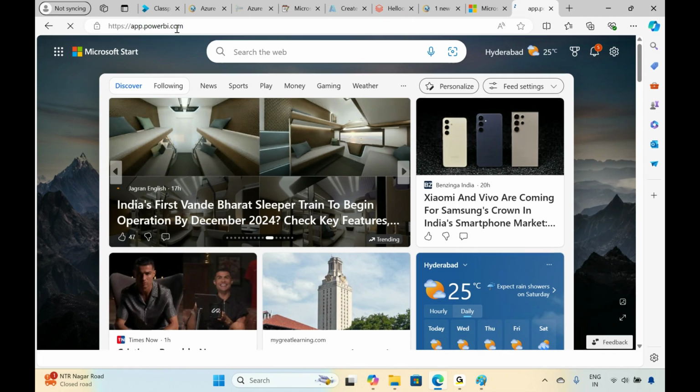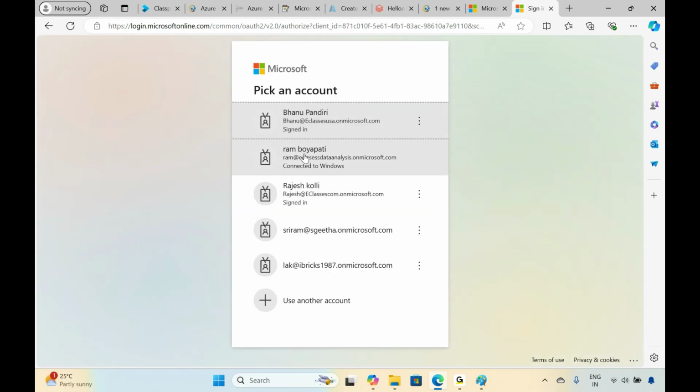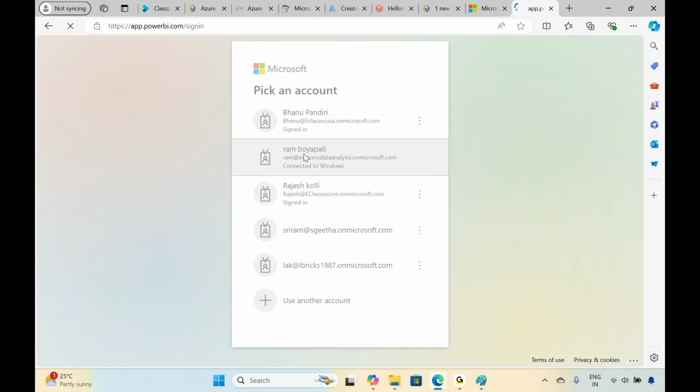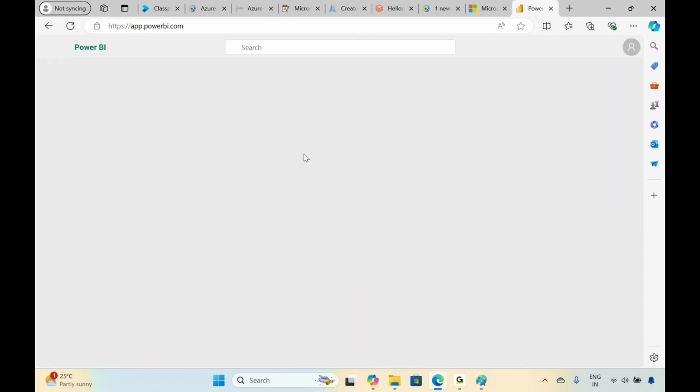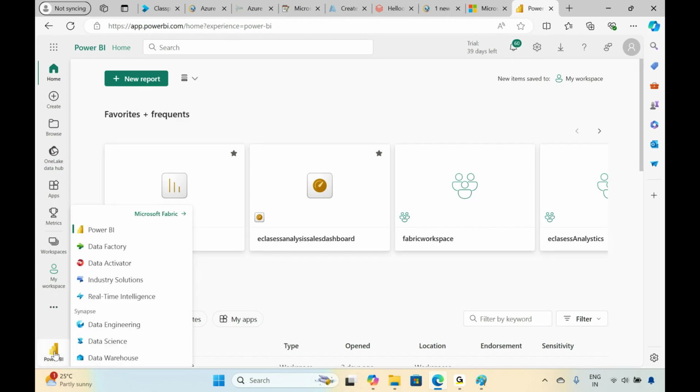That's what I'm telling you. Power BI is 100% available in Fabric, same as what we had earlier. Let me try to log into app.powerbi.com. This is the logo of Fabric. You need to log in using an email address. I will tell you how to create this login and how to get the subscription. So this is your Fabric login, a cloud-based environment where it is still called Power BI. In the bottom you can see Power BI, Data Factory, Data Activator, Real-Time Intelligence, Data Engineering, Data Science, Data Warehousing, all the things